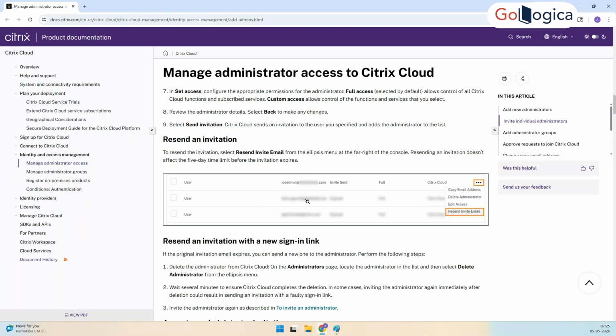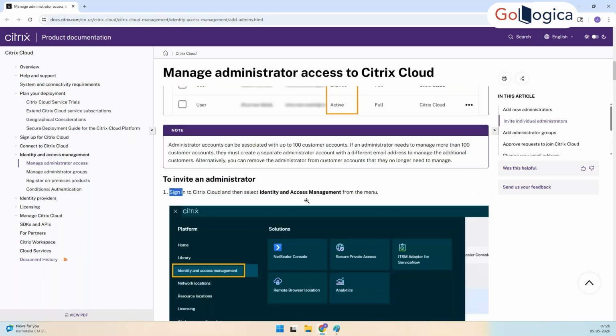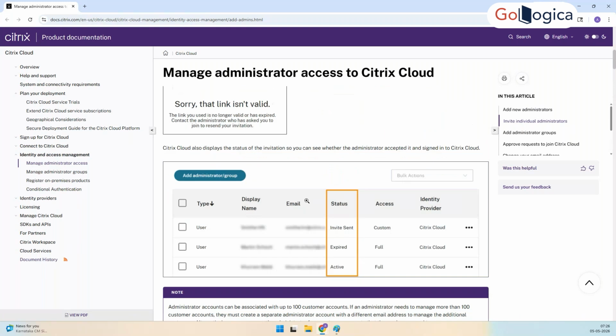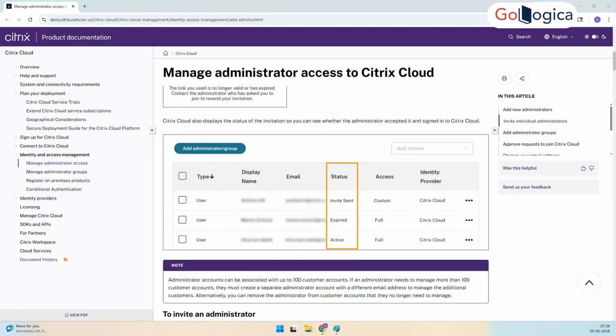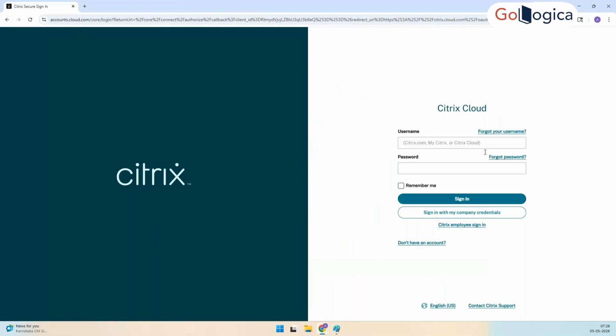When I send you a mail, you have to log in. Whatever mail you have received, you have to validate that. When you validate, it will ask you to go through the login process. Login process in the sense it will ask you to log into Citrix Cloud and enroll. So you will come to this page where you will provide your name, your full name,